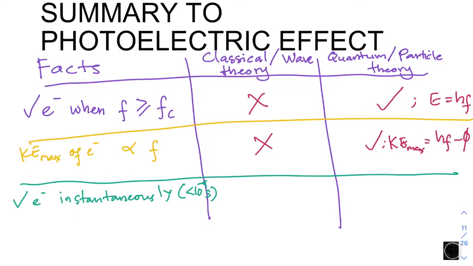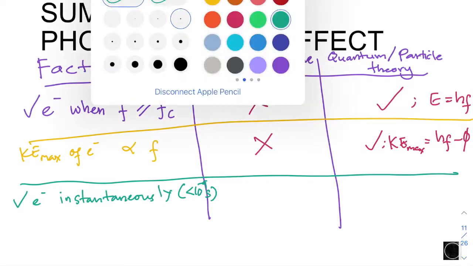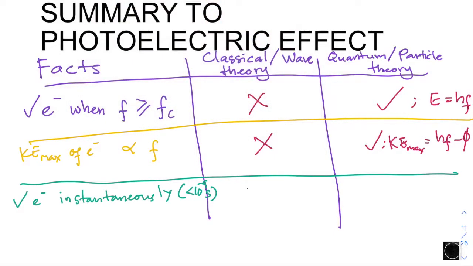So classical wave theory also cannot explain this, because they thought that if you leave it there for 10 hours, the electron is going to gain enough energy, and somehow the electron must be able to release itself from the bonding energy of the atom. But that is not the case. That is not happening if it is at the right frequency,